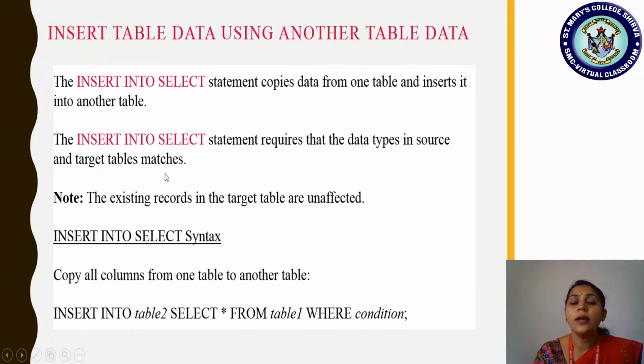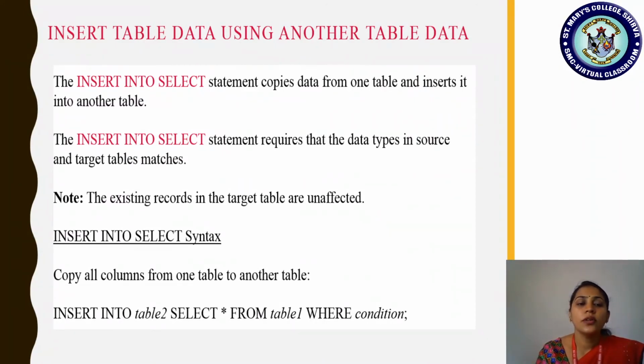target table match. Source table and target table: which is the source table? The already existing table which is holding certain values in it. That is the source table. Target table is which one? The new table to which we are now about to copy the values.